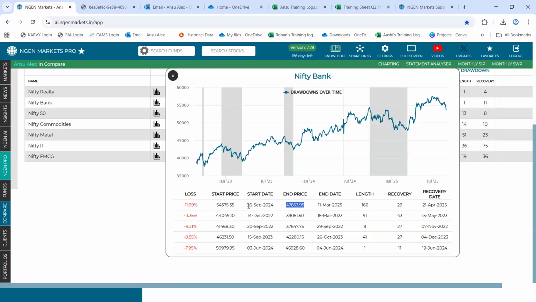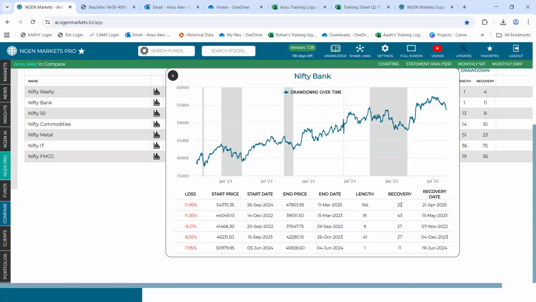Now, this happened during the time period of 26th September 2024 till 11th March 2025. So the level stopped falling after 11th March 2025. The total number of working days between the start date and the end date happens to be 166. That is what is denoted by length.